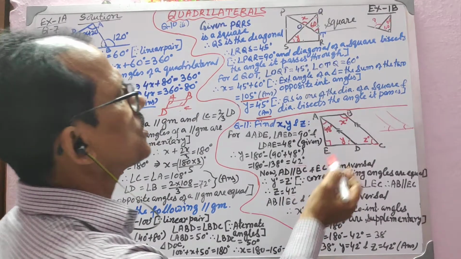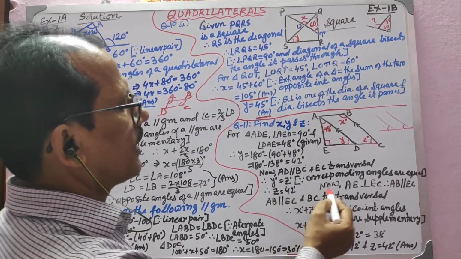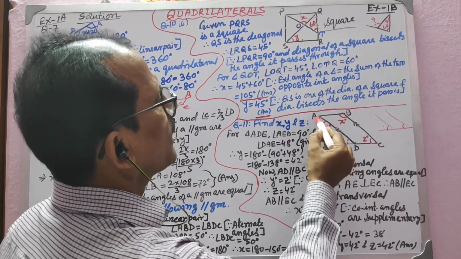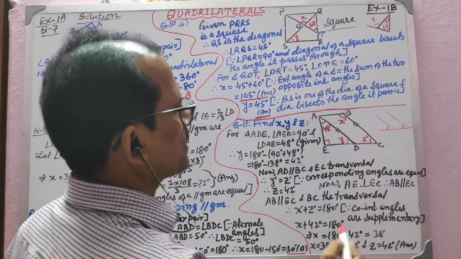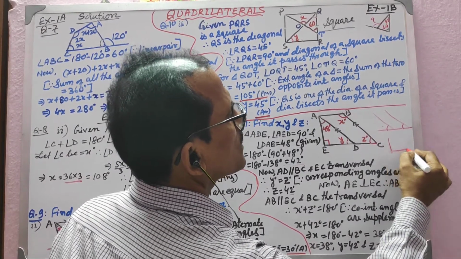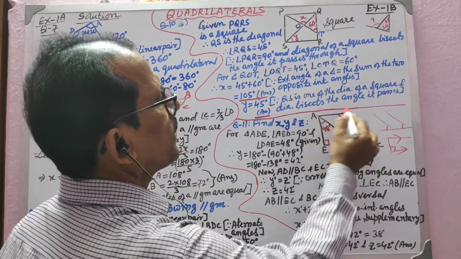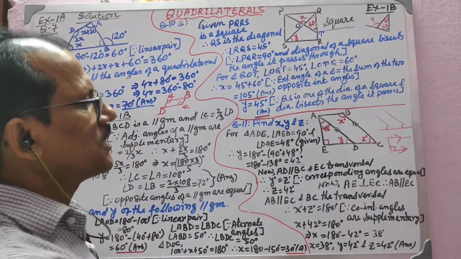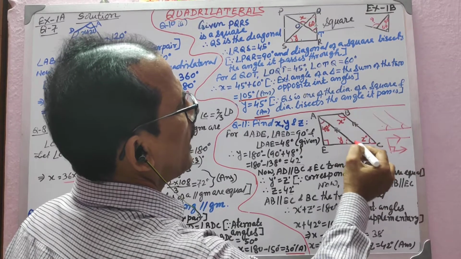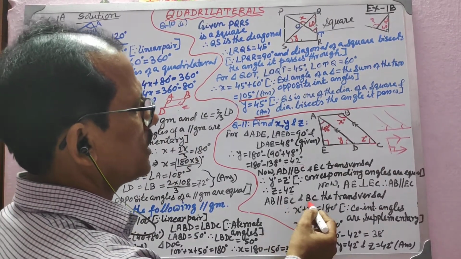Now got it? Now you see, as AE is perpendicular on AC, therefore this AB will be parallel to this. As one of the lines is perpendicular, this is 90 degrees. So this line definitely will be parallel to this line. So on that property, AB will be parallel to EC, and then BC is the transversal. So these two are parallel, and BC is the transversal. These two angles are co-interior angles. That is, AB is parallel to EC, BC is the transversal.